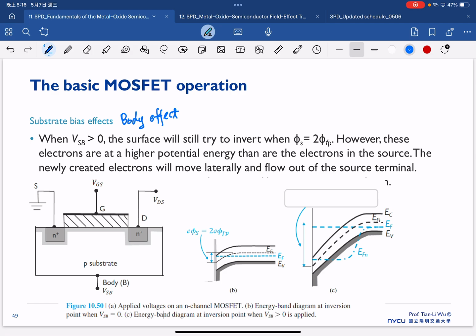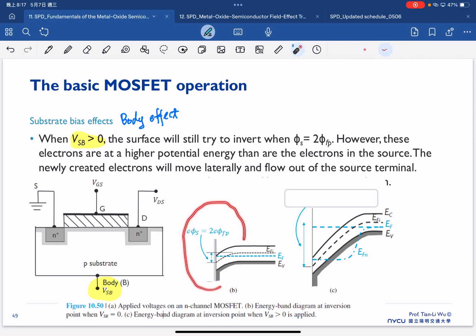But in some cases, the body, the substrate, might not be at the same bias as the source. So if VSB is larger than 0, then we have to reconsider our band diagram, where